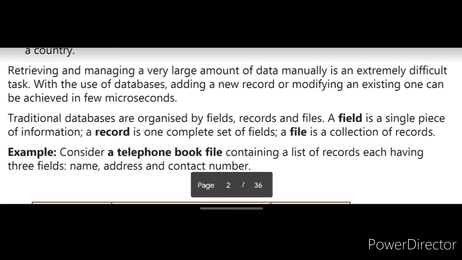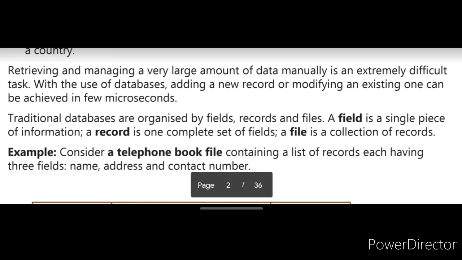Okay, so by using database we can add new record, or we can modify, or we can edit something in microseconds. Okay, that is the main advantage of database. So managing data manually is a very difficult task. So databases are used to maintain or edit a record in microseconds.